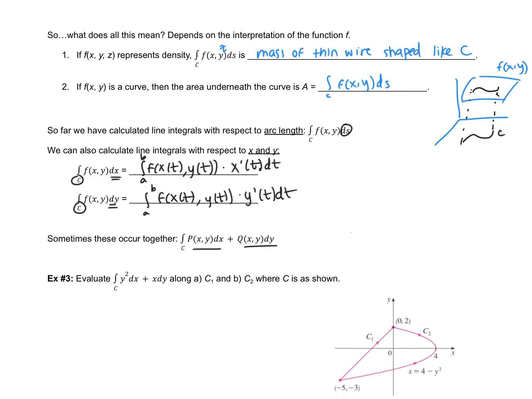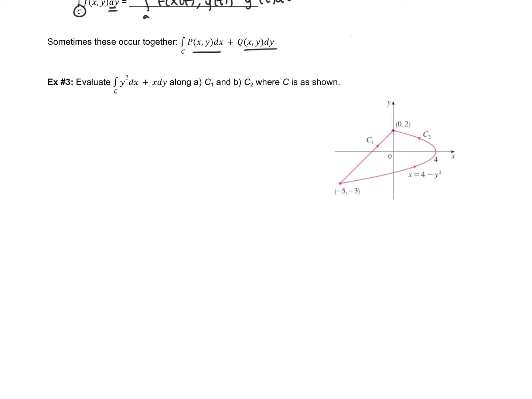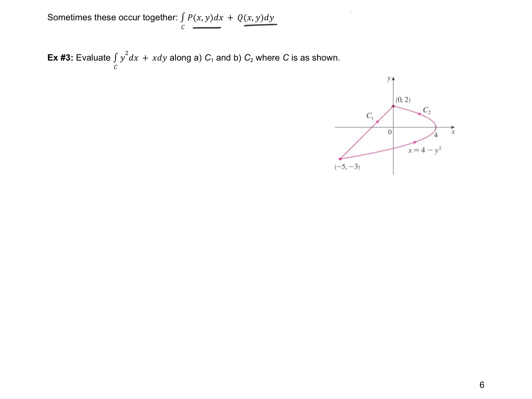Okay, so let's see an example that looks like that. We are evaluating that line integral two different ways. The first way is along the curve C1, and the second way is along the curve C2, where C is as shown. Okay, so we are going to start along C1, and C1 is the line segment that goes from -5, -3